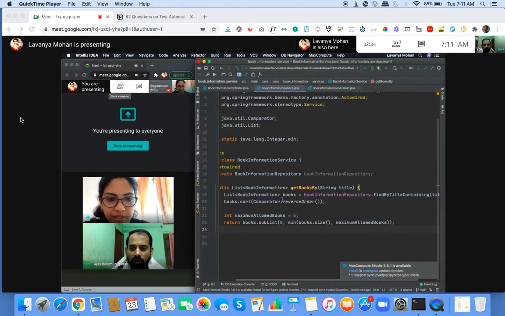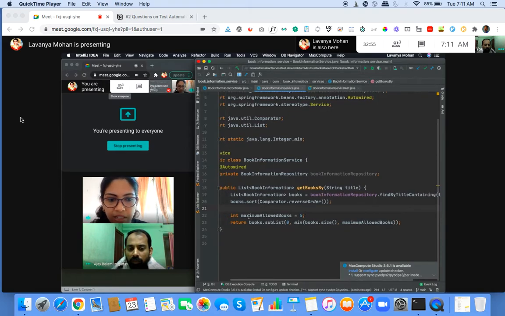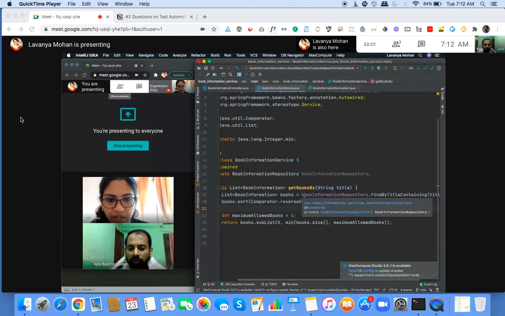So, for example, here at this point, we sort of struggle to understand what is the real logic. Right? When we looked at the test, we understood what it is doing. But by just looking at this code, we were not very sure what is actually happening. And that is also an indicator that maybe we need to do something else here. Like maybe this method is having a lot of granular details.